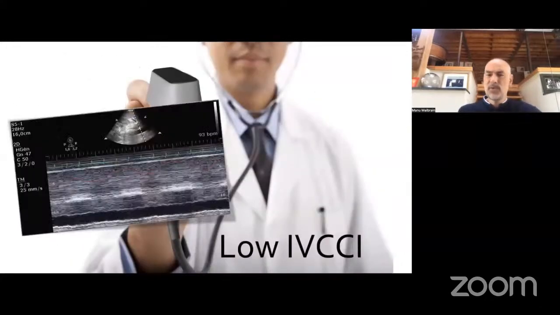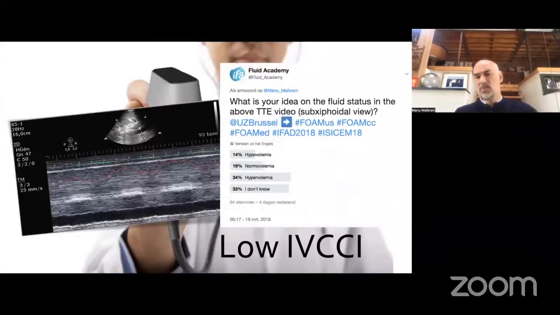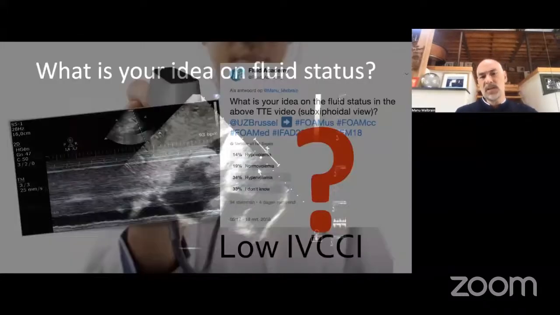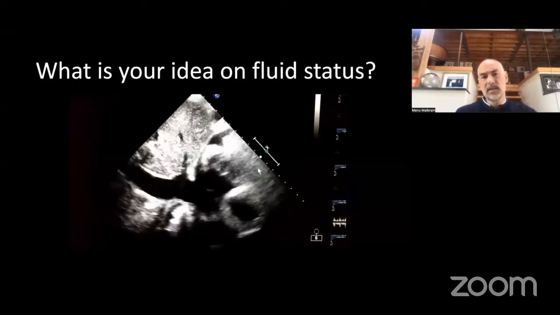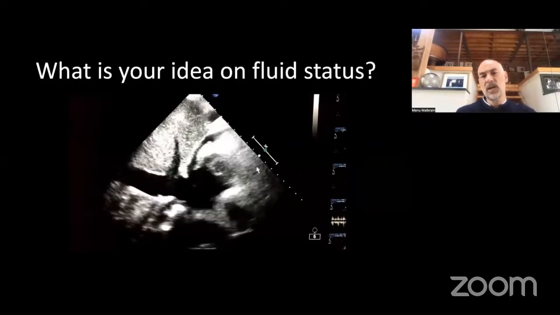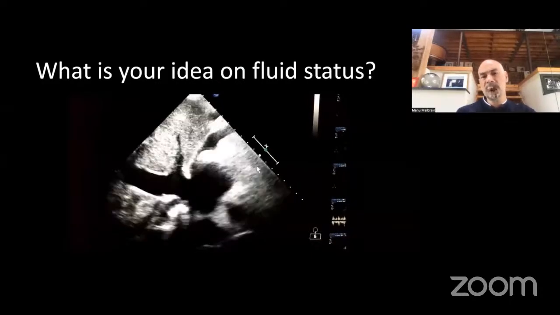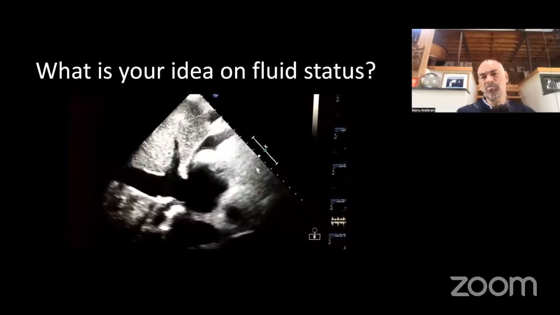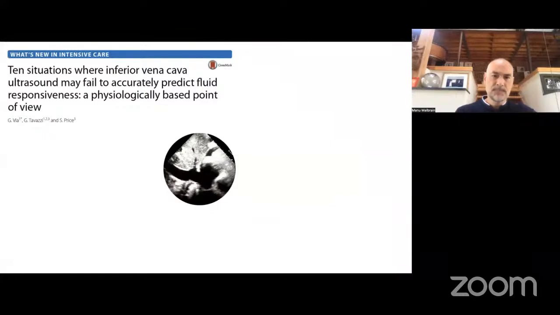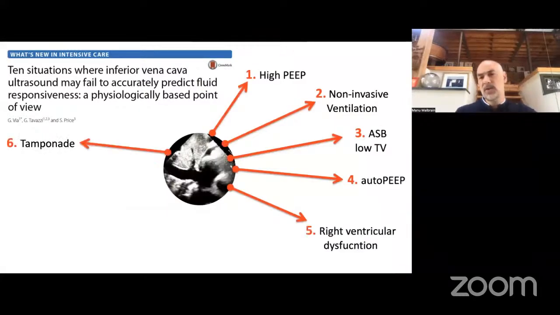So what about low inferior vena cava collapsibility index? Look at this tracing. And if you ask again social media, people don't know whether the patient is intravascularly normovolemic or hypervolemic. Basically, we don't know. And in fact, this dilated inferior vena cava was the result of a pericardial tamponade, and the patient was in fact intravascularly underfilled. So we need to have more information, and just looking at the inferior vena cava has a lot